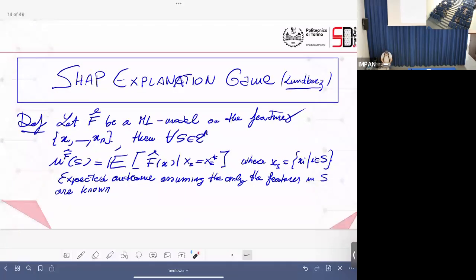So they introduced the so-called SHAP explanation game. The SHAP explanation game is a game which assigns to a group of features, a coalition of players, the expected value of the model. You fix, I didn't write it. Okay, I write it now. X star is a fixed sample. So I put X star into the model. X star means simply you take a sublist of variables. Okay? You project, if you like. And you evaluate this.